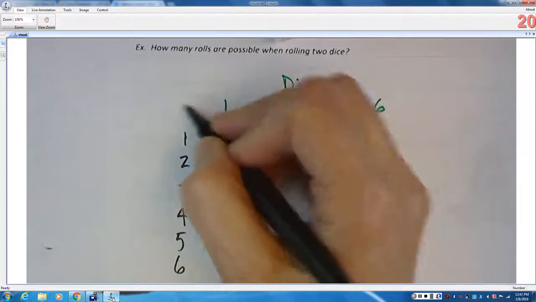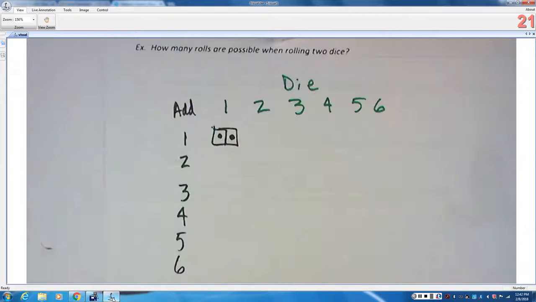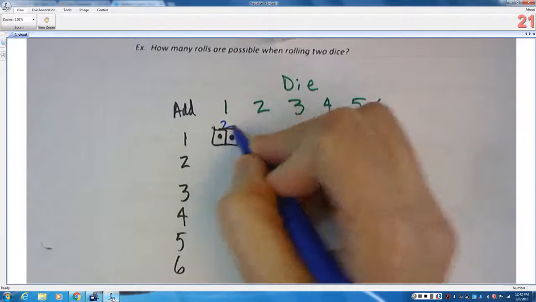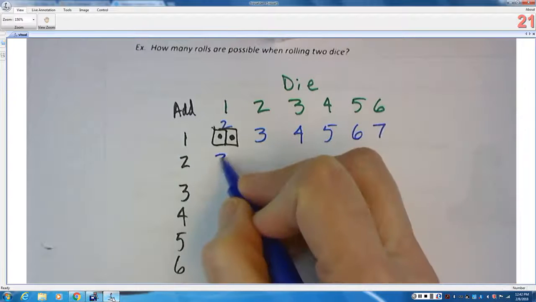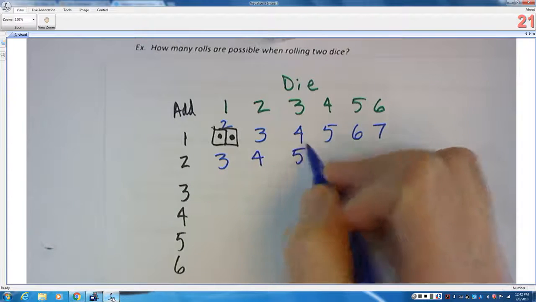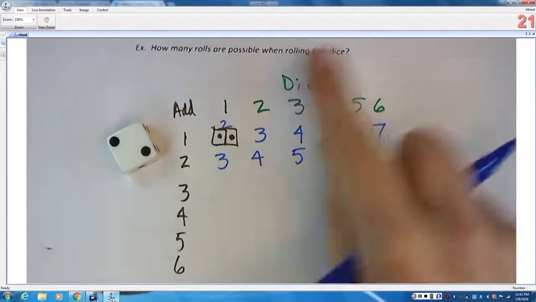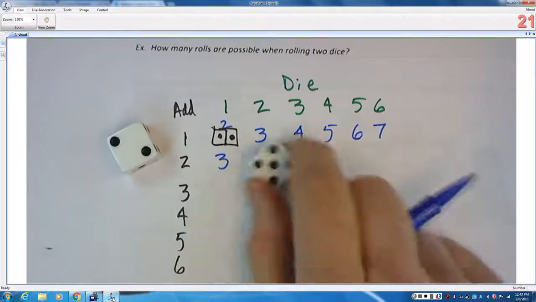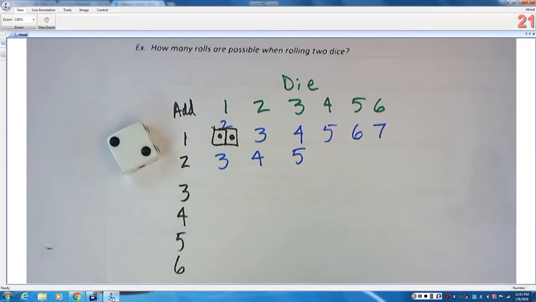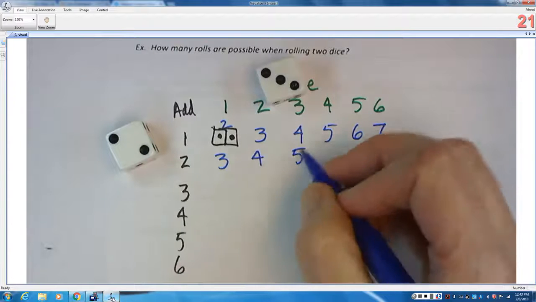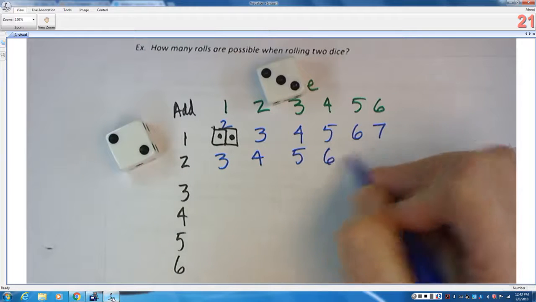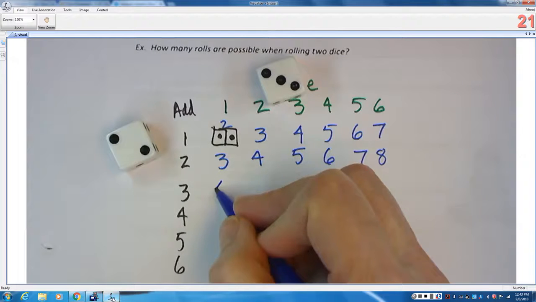But anyway, I'll just add these together. This would be 2, this would be 3, 4, 5, 6, 7. You could get a 2 on this die and a 3 on this one. That would give you a 5. And if you keep filling that out,